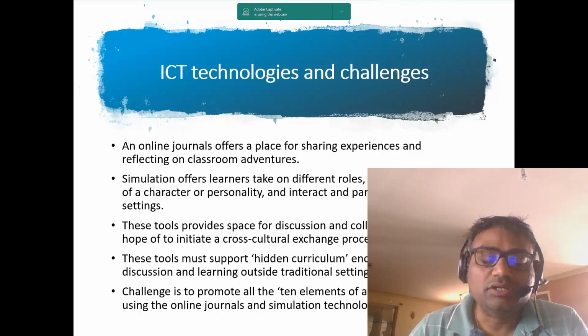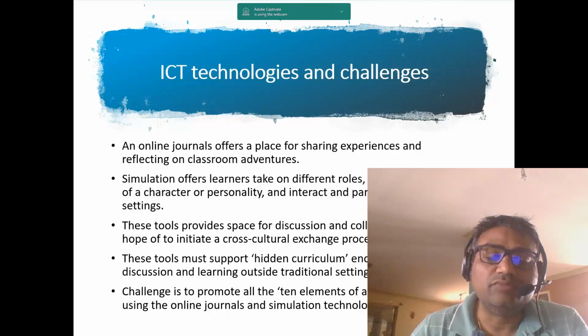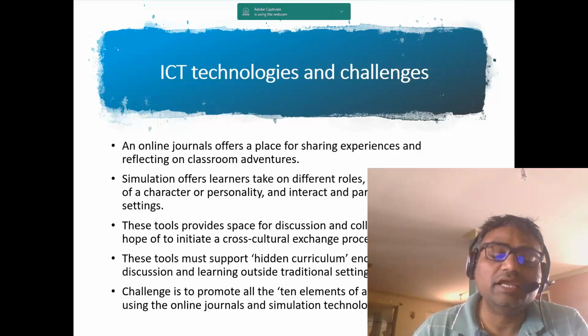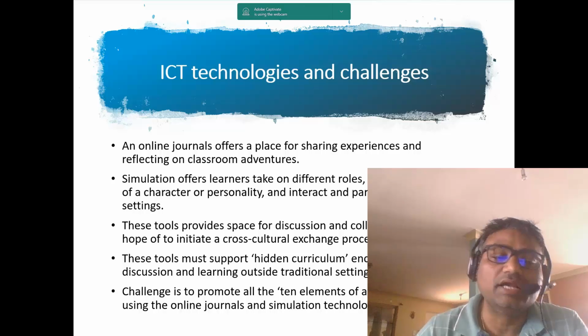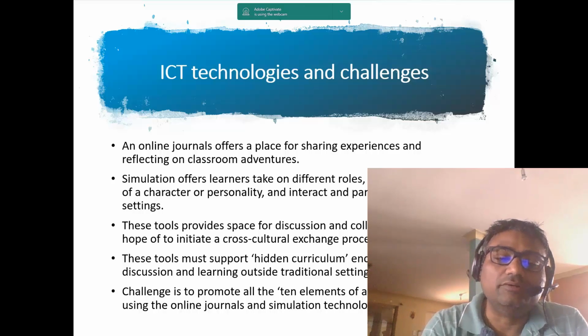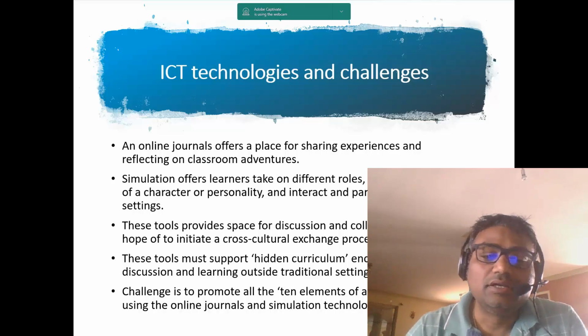But a lot of the time we put in a curriculum, but my observation as an experienced teacher is that there is a lot with the hidden curriculum. I think once we have a structured program, supporting tools, and a coordinator who engages the students, then the hidden curriculum, whatever is behind, there's a lot behind, not only just an 8-week program, can encourage discussions and move away from the traditional settings.